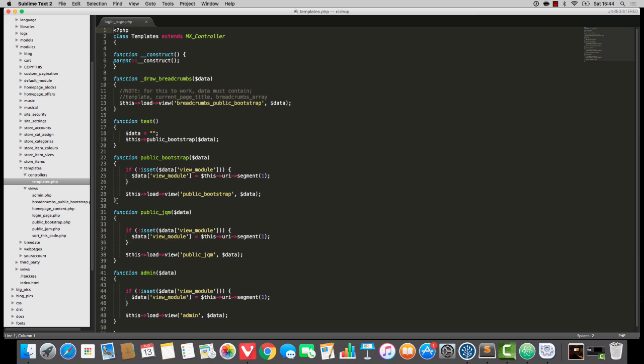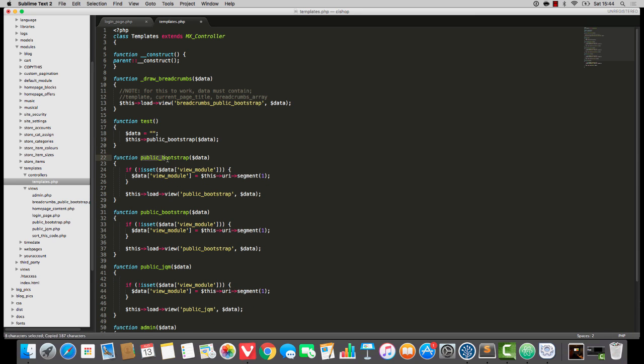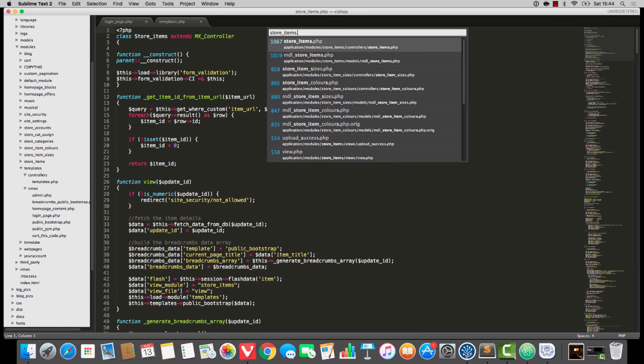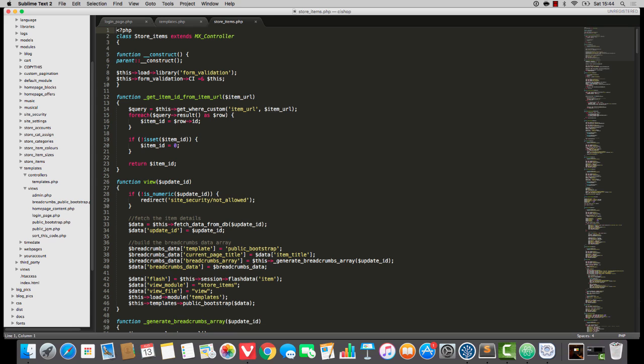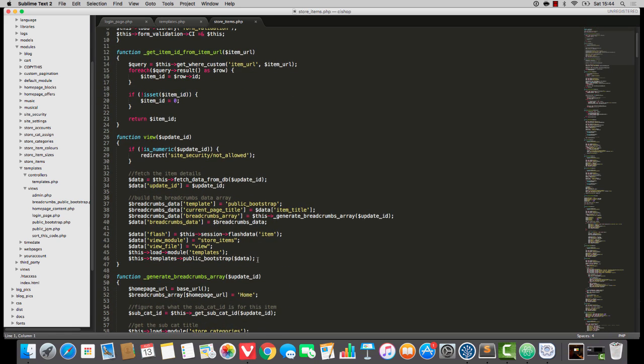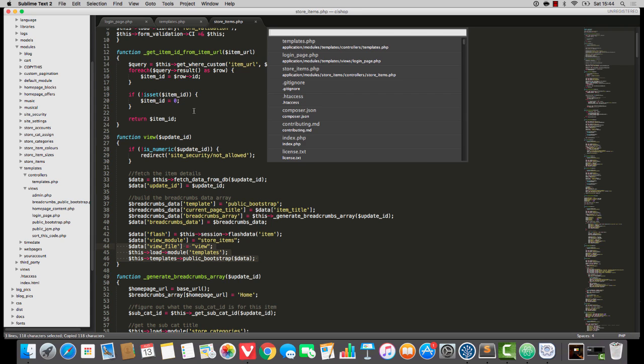Anyway, let's build a little login thing that loads that up. Okay, so we'll call it login, and view file is login_page. That's the vibe. Okay, now let's just remind ourselves how these things are actually called. The vibe is that we do something like that, okay, something like that, and I'm going to open up the